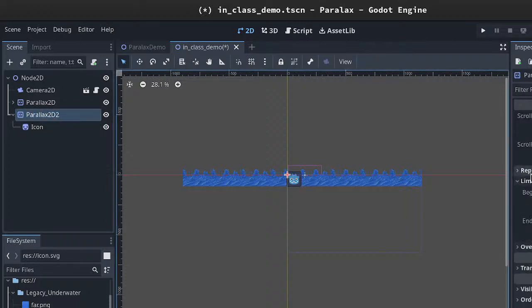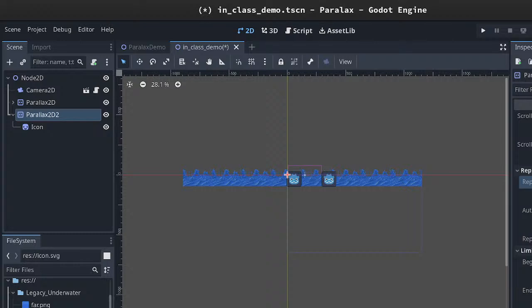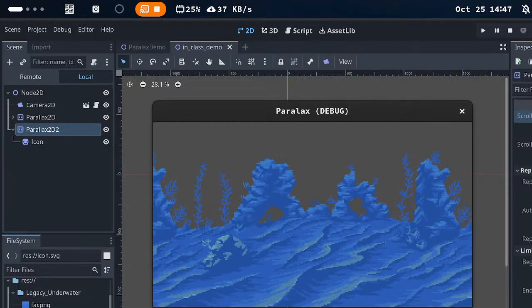I'll change the repeat to be like 100. I'll make it bigger. I'll make it like 300, right? I'll do 150, split the difference. And I'll crank up the repeat value. And I will change the scroll scale to be 0.5. And so now it'll kind of feel like this robot is moving